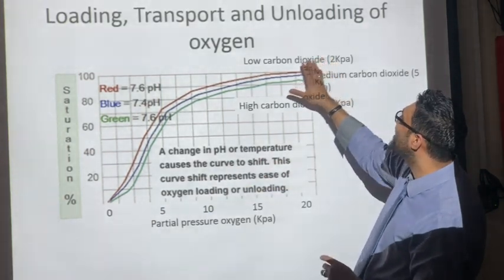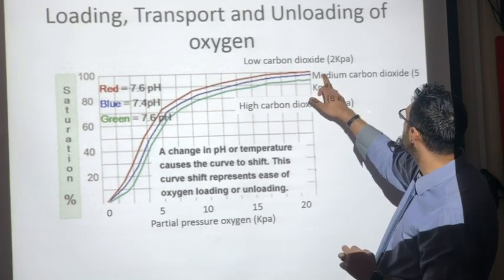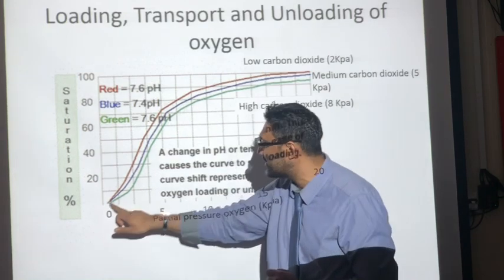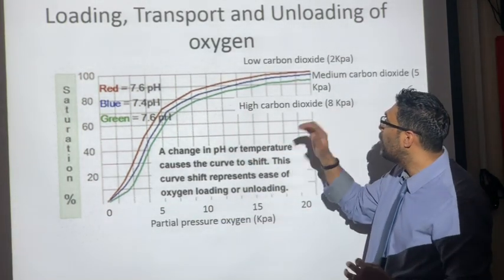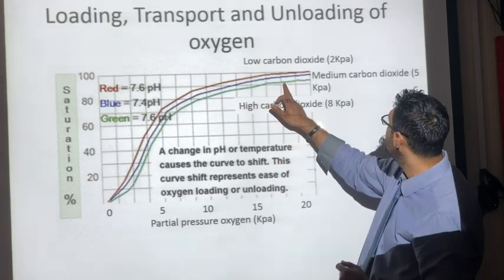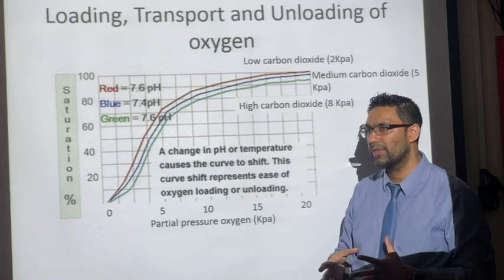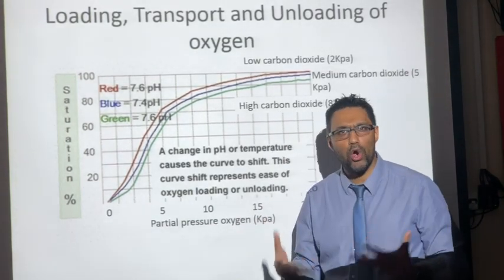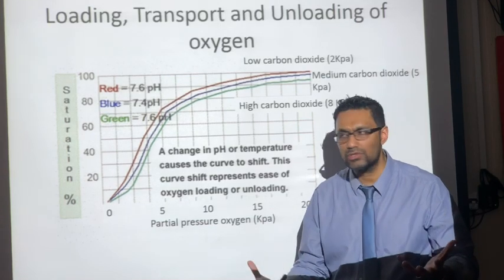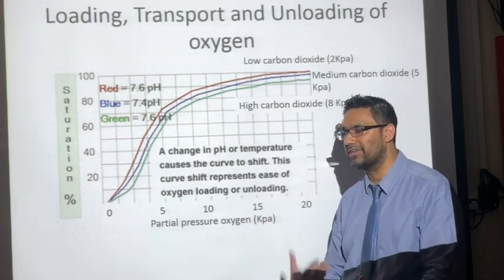Right, so this thing here is called the Bohr effect. If you imagine the blue one is your normal line that we were just talking about, the oxygen dissociation curve, the green line shows you what happens if you increase the amount of carbon dioxide. Now, where in your body would you find more carbon dioxide? Muscles. So in your muscles, you get more carbon dioxide because they're respiring, because they're very active, because you're running or something like that,